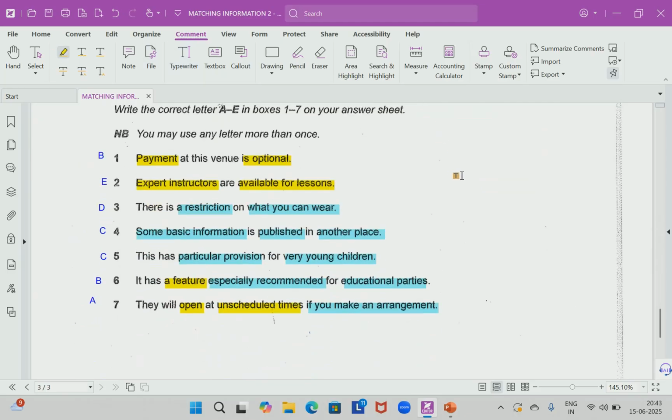So this is how we do matching information. Now it is your turn to practice. Grab yourself an official book for the IELTS test and practice this approach, and you will see significant improvement in your